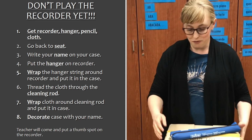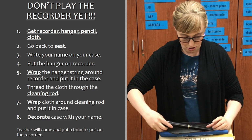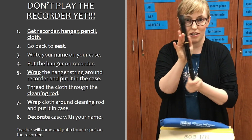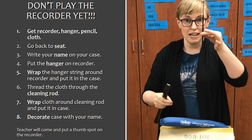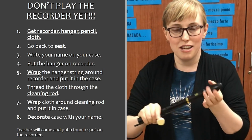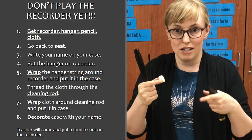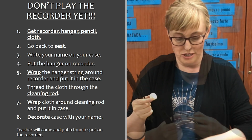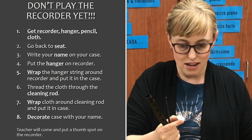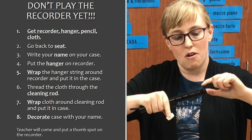Okay, so what you'll find when you open it up is your recorder, of course. And you're going to find a cleaning rod and this grease. So if you are taking your recorder apart and it's really stuck, then when you get it apart, that's when you use your joint grease. Open it up, and then you just get a little bit on your finger, and you go all the way